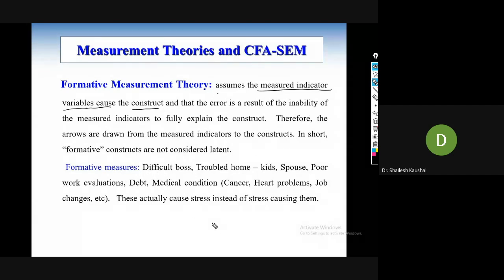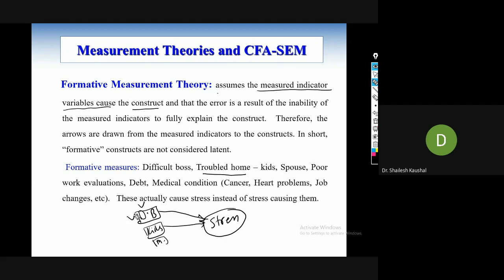Why is someone in stress? Why did the stress happen? Because of a difficult boss. My boss is a measured variable forming the stress. My boss is not good, that is why I am in stress. My kids are not good, troubled home, another indicator. Kids do not study, stress, poor work evaluation, or medical condition. So these measured variables are forming the stress. That is why the name is